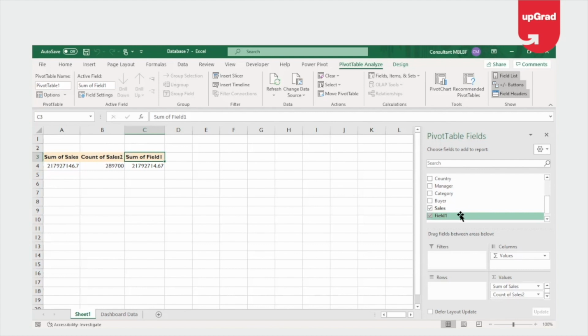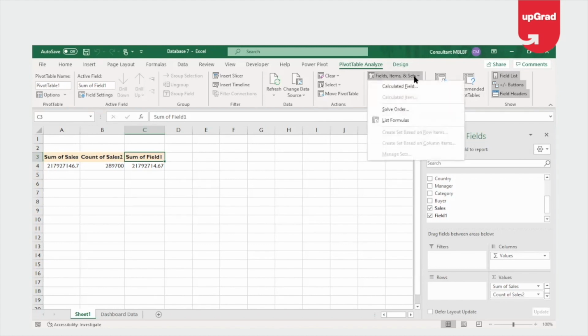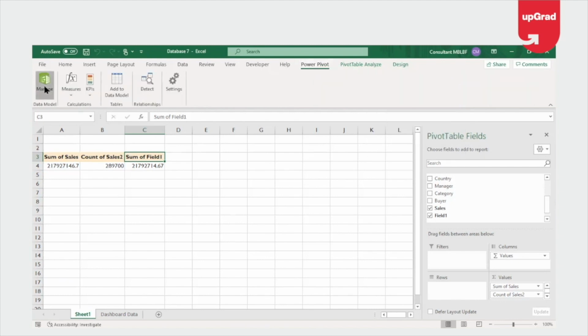Now, why am I showing it here? Because it is a simple pivot table. Why am I showing it in the Power Pivot window? Because when you are looking at the calculated fields, you can easily create measures inside the calculated fields here. Why am I saying that? When you're creating the calculated field, that is actually picked up as a measure in the Power Pivot itself. Excel pivot table has given you that option in the fields, items and sets to create that calculated field in a simpler way rather than going into the Power Pivot. Anyway, I'm going to go into the Power Pivot and see how those measures are created there.